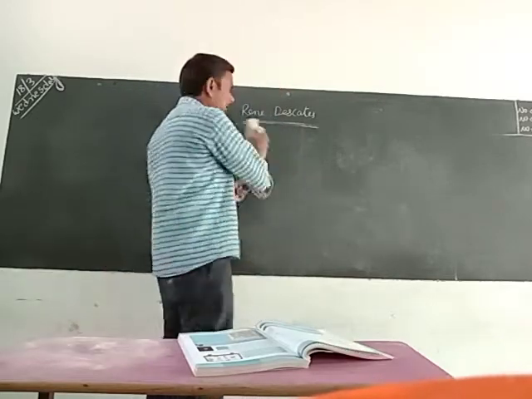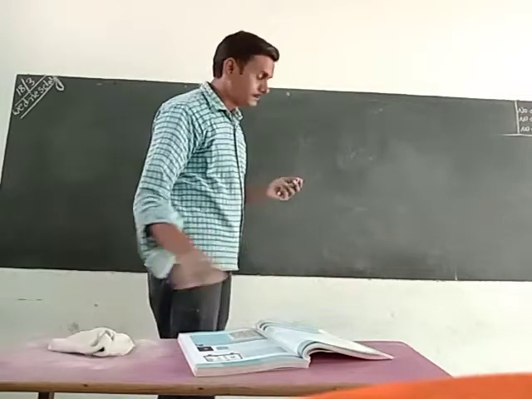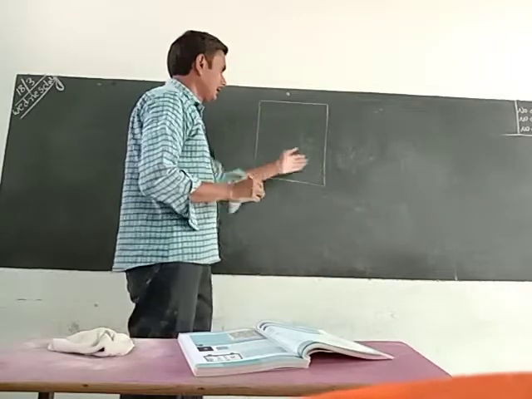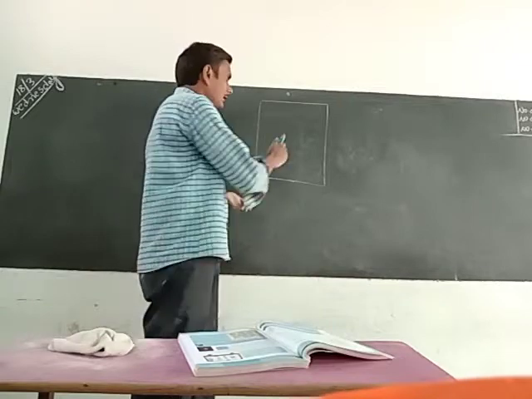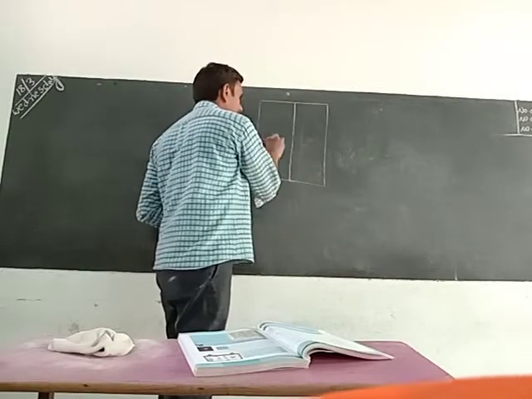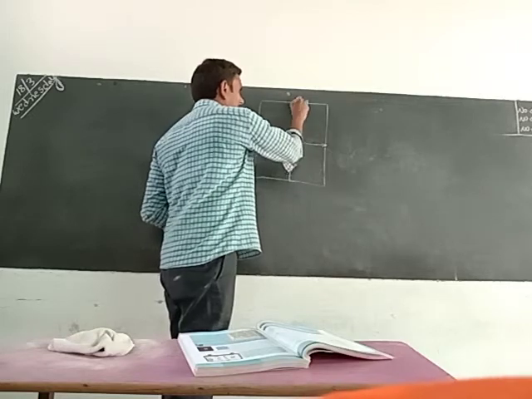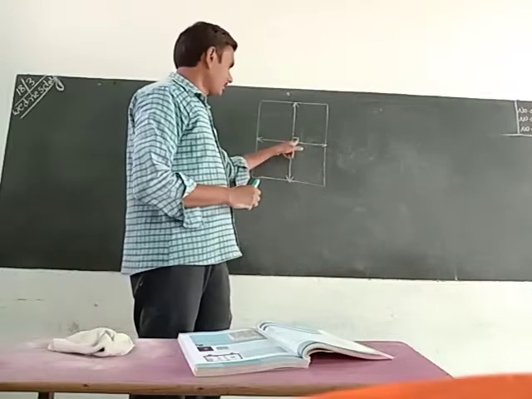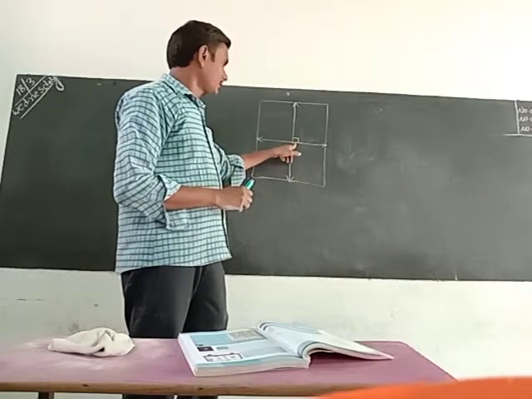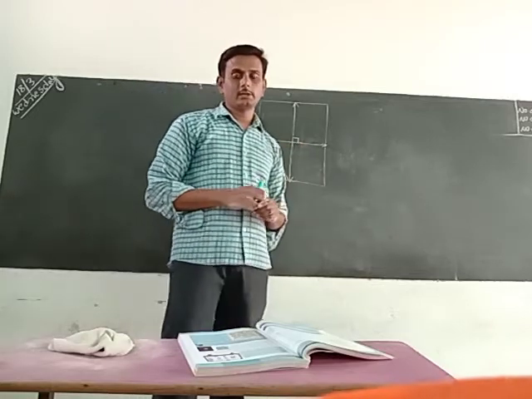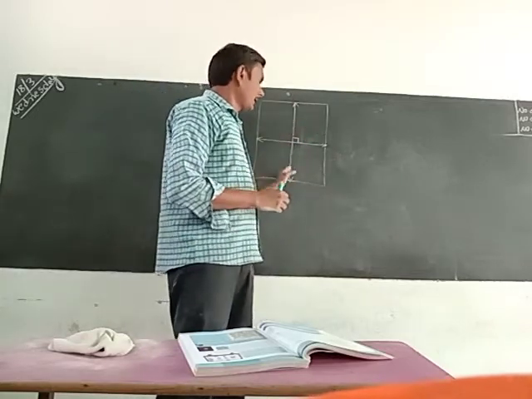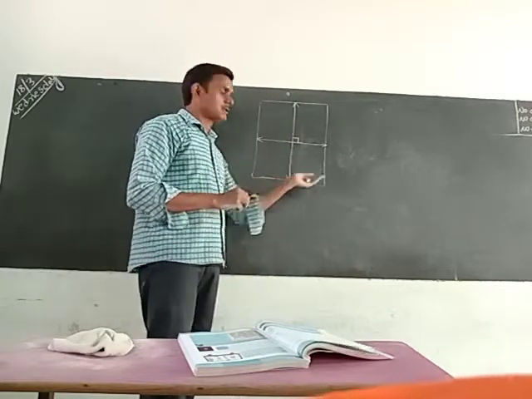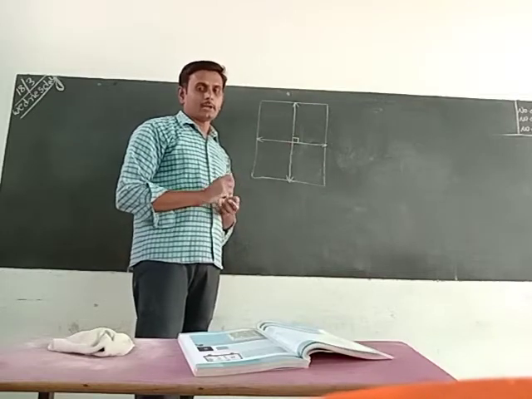To discuss coordinate geometry, we have to learn the Cartesian plane. Take one paper, for example a rectangular sheet of paper, and draw two lines perpendicular to each other. Perpendicular means both lines have 90 degrees at the meeting position. They are joined at one place, and at that place they have an angle of 90 degrees. By drawing two lines perpendicular to each other, the plane will be divided into 4 parts. This plane is called a Cartesian plane.